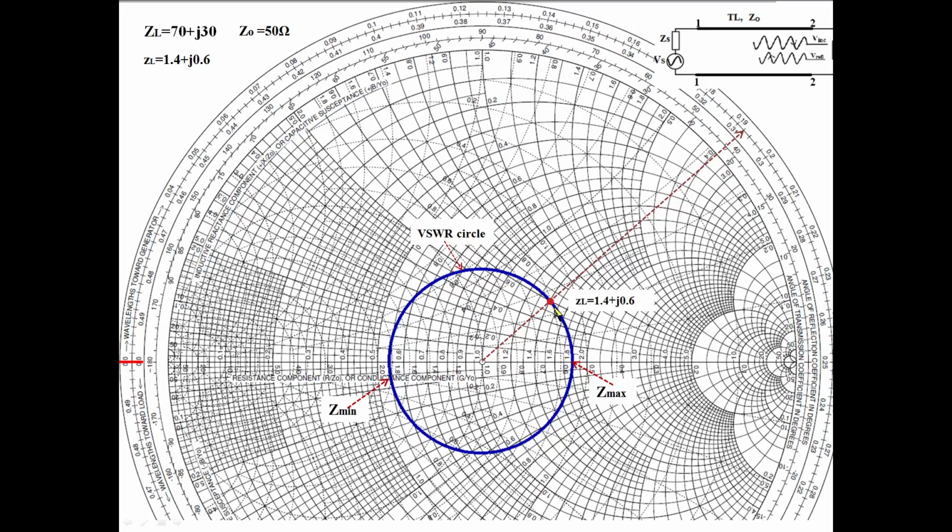Okay, for that what we have to do, we should take a conductance value and a susceptance value passing through this point. You should see what is the conductance circle passing through this point and what is the susceptance circle through this point. Then we will be getting normalized admittance equivalent to this. This is the impedance given. What is the admittance corresponding to this? That you can easily find from here, from the Smith chart.